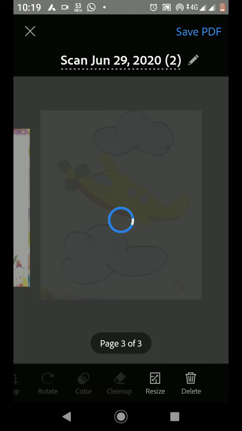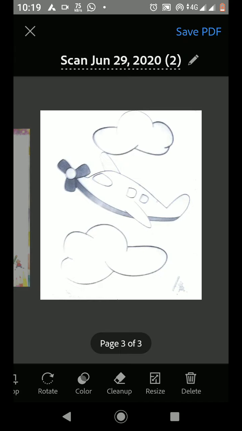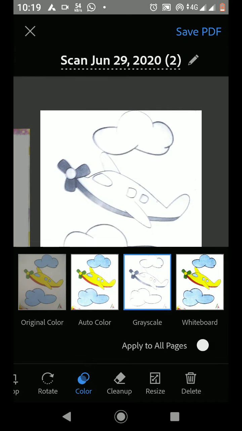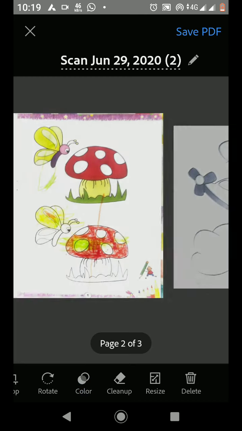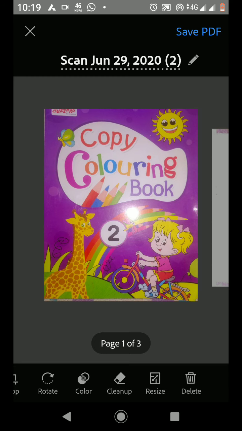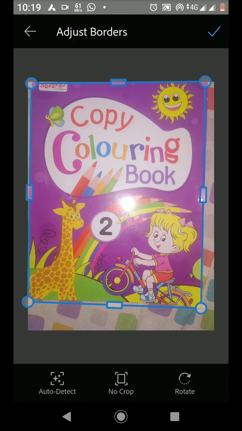You can make use of so many frames, I mean reformatted templates, and choose out of these. There are only four things, but maybe in future you may get even more. And if you want to crop, you can crop it after scanning as well.